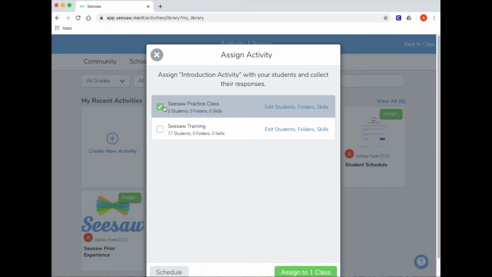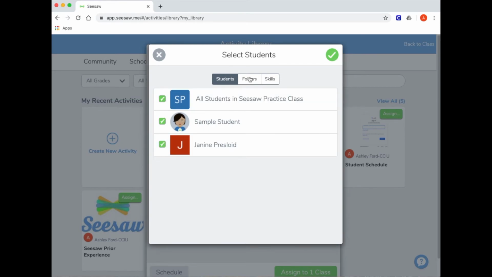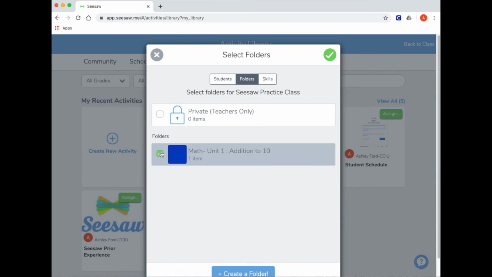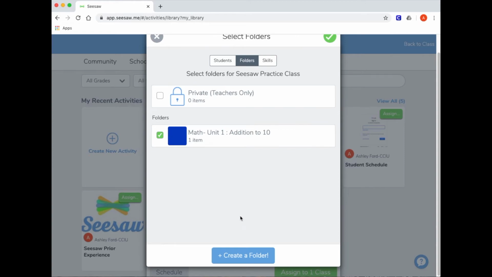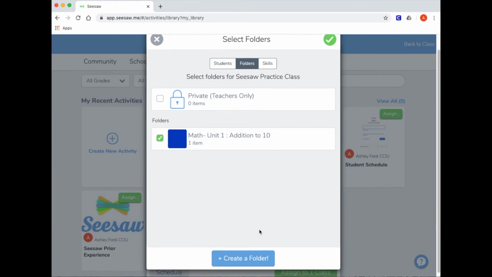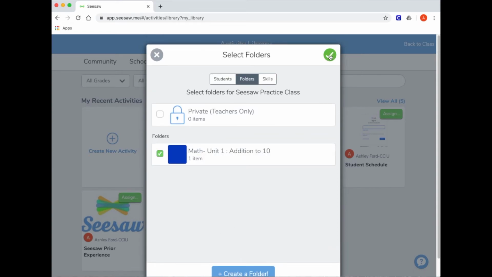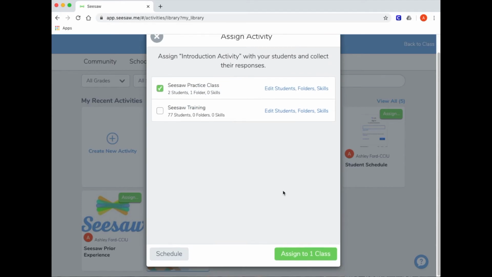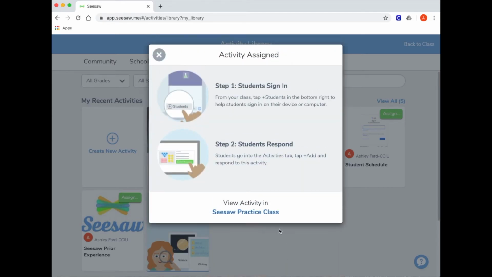I'll click the class I'm going to assign it to, and then I want to click on Edit Students, Folders, and Skills. I can click on Folders and assign this into the Math folder. Again, I can create more folders from this view, but I want to click on the green check and assign to one class. This means that anytime students respond to this activity, all of their work will automatically be added